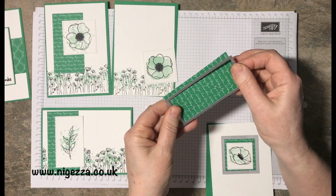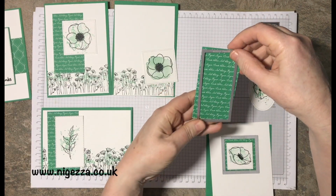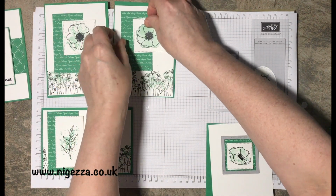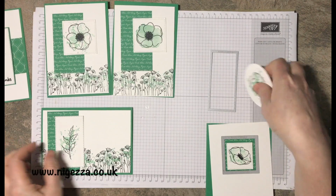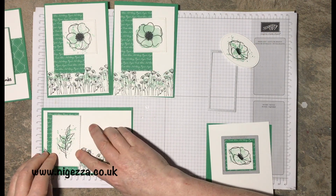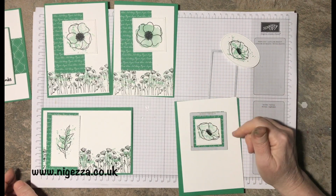These little strips will cut out with the largest of this sort of second section of rectangular dies. They will just fit in that, so I thought I might cut all three of those out like that, so that they will reflect the stitching around that. And that was kind of some thoughts I had on this one. Did too many, and then we can just put a sentiment at the bottom of these, and this one can have a sentiment on here somewhere. So I'm going to get that bit of die cutting and embossing done